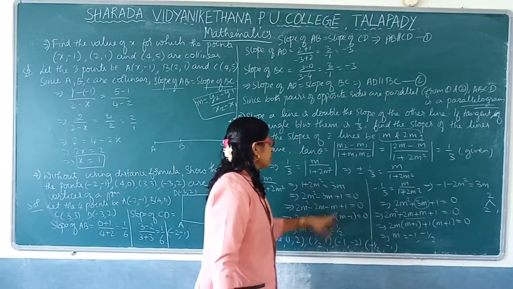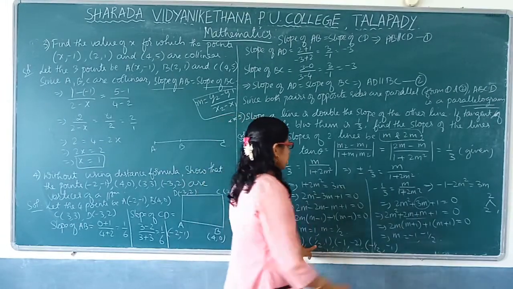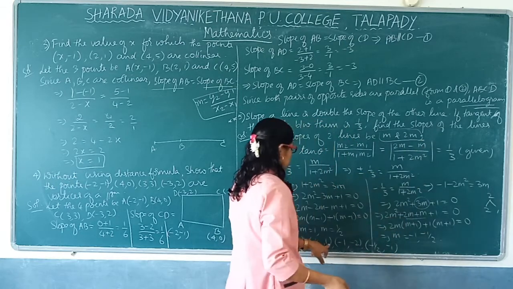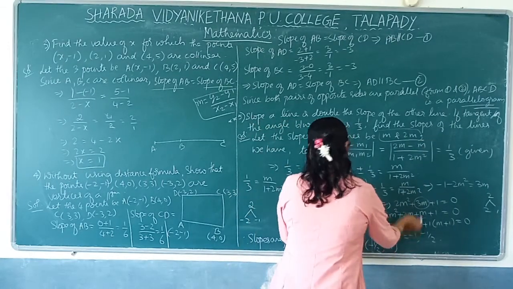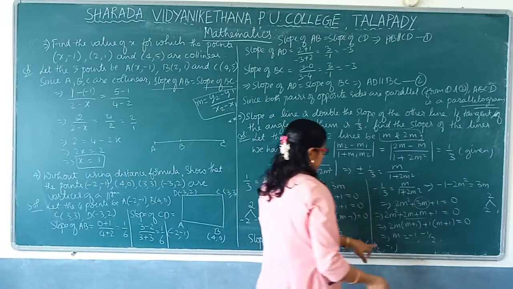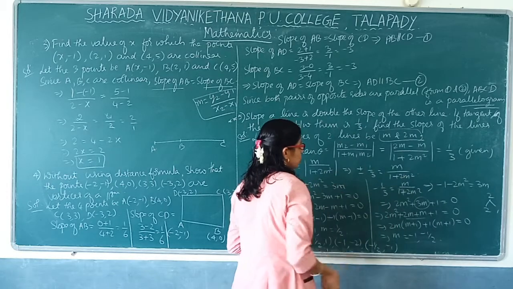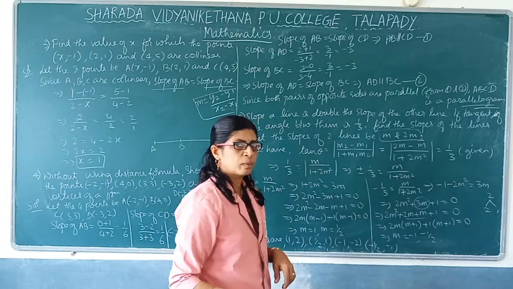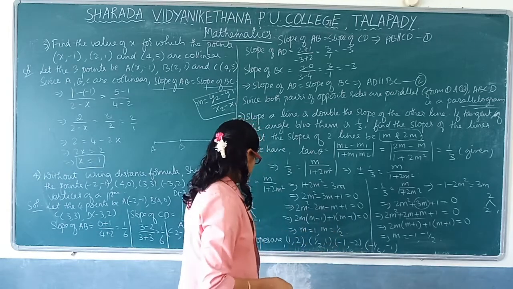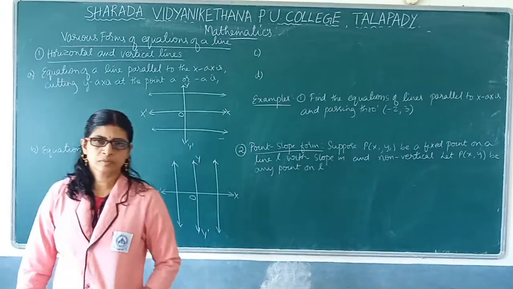When m is 1, 2 into 1, that is the second slope, 2, we got. When m is half, the second value, half, you put here, 2 into half, that is what? 1 only. Take the third value, minus 1, you put, m is minus 1, 2 into minus 1 is minus 2. Put the next value, what is that? Minus half, m is minus half, what is 2m? 2 into minus 1 by 2, the 2s cancel, so minus 1 is the answer. So these are the possible values of the slopes of the given two lines.